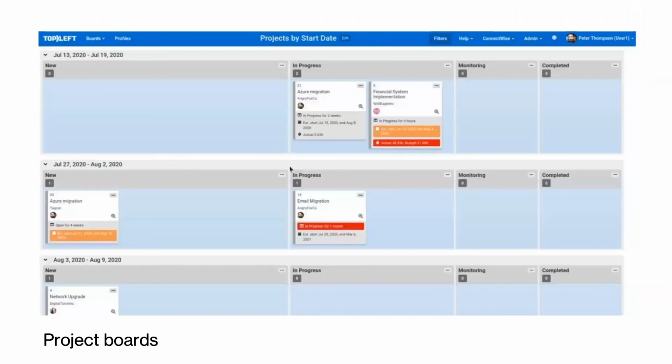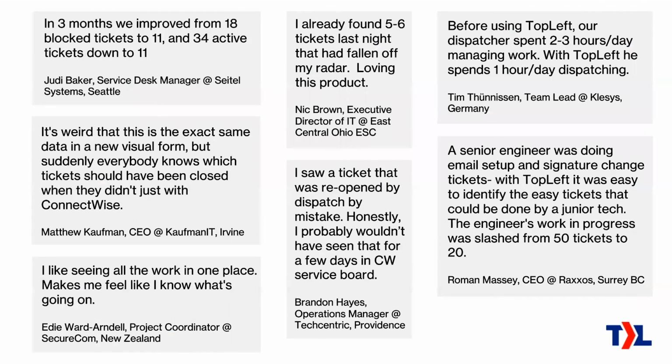This is a board that's actually showing us our top level projects as well. So it's useful also to see what is our top level project portfolio, say. So yeah,